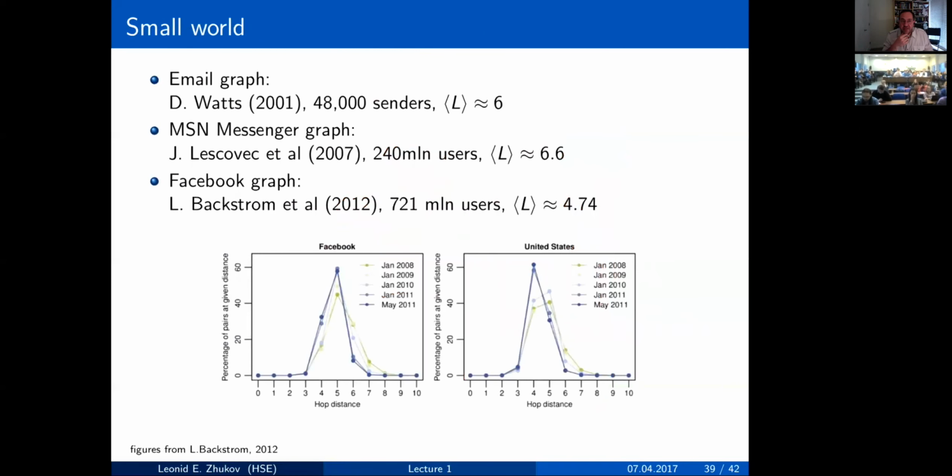Nevertheless, there were several experiments, and as I mentioned, there was an experiment with the email graph, with 48,000 participants, and it gave us the value of 6. There was an experiment with the messenger graph, right? If you have a messenger, then you actually know who's connected to whom, how messages are going,